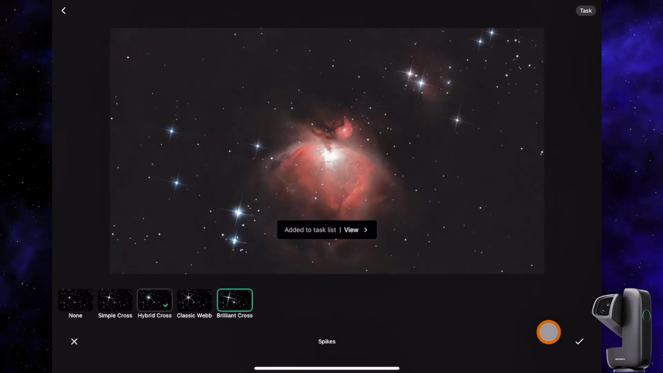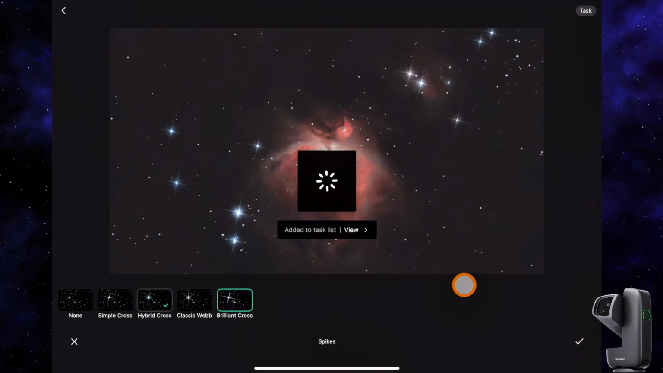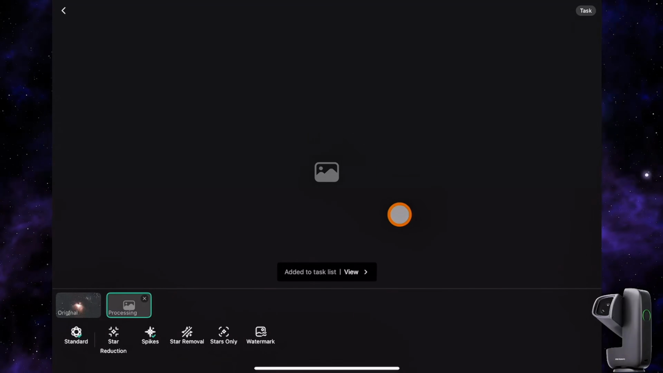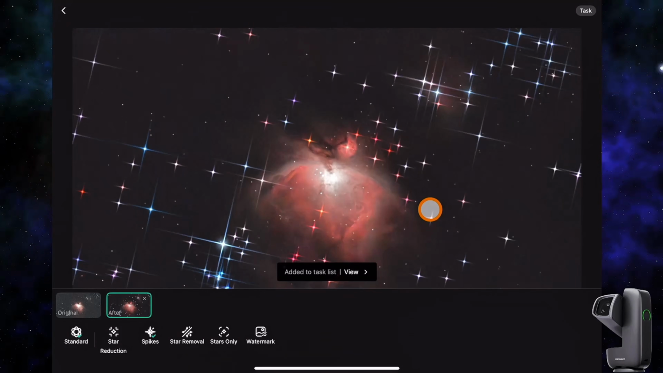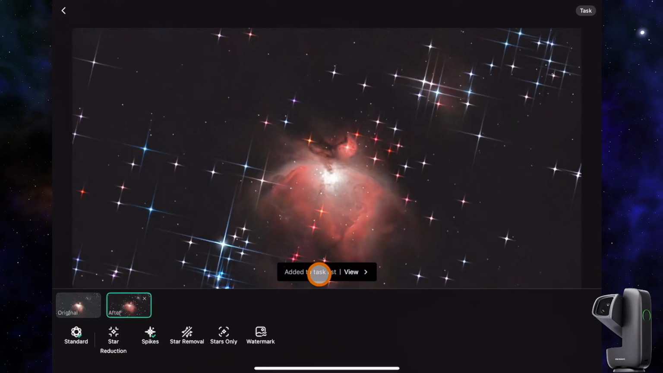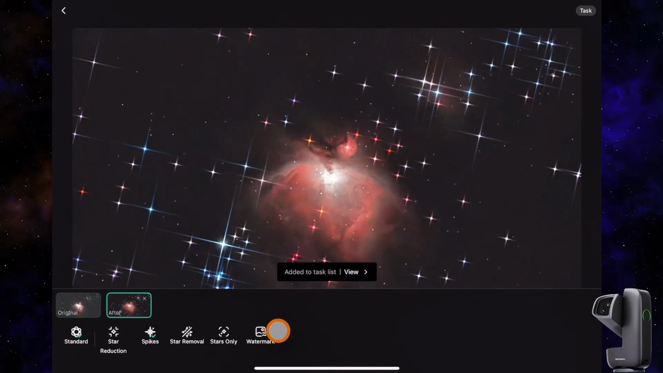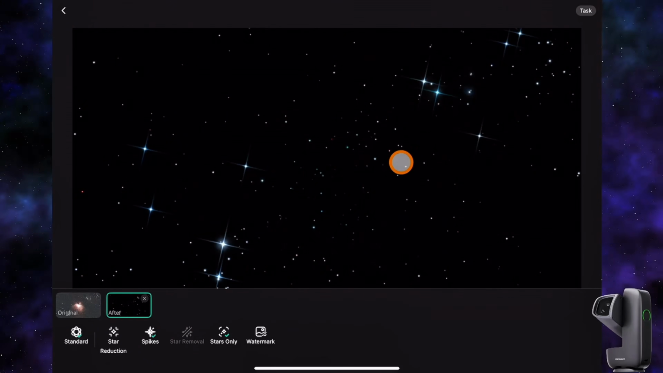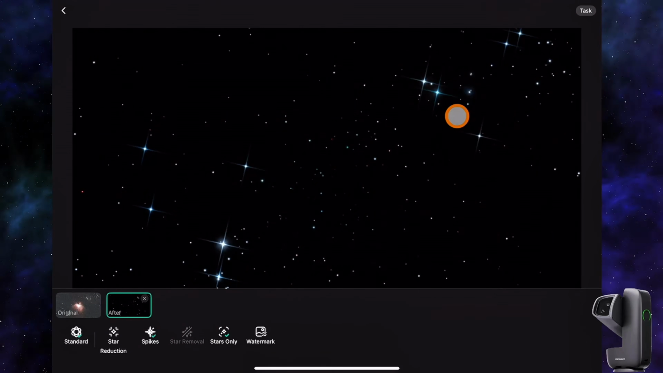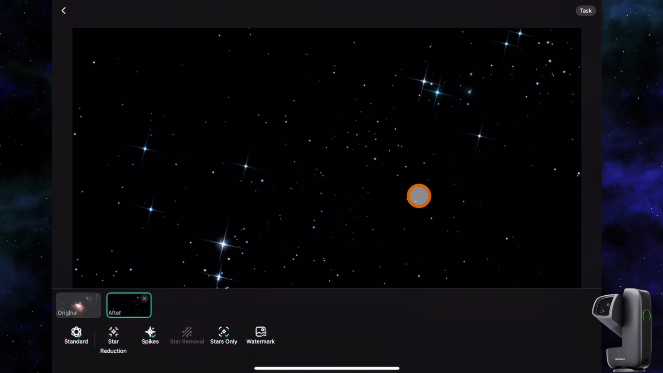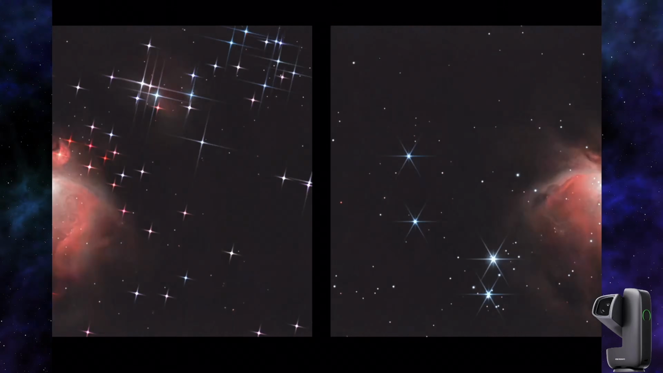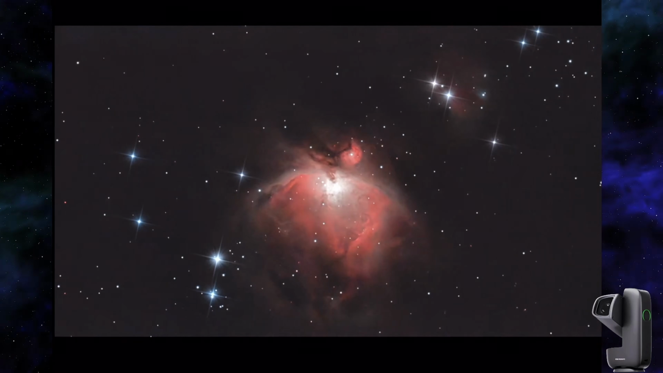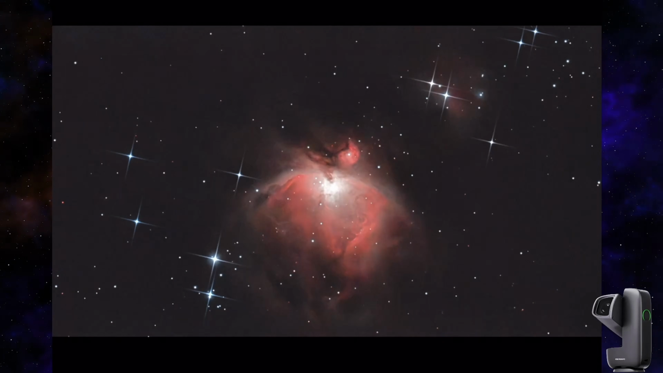Oh, this one is going to be killer. Let's do it. Brilliant cross. Oh man, I'm scared. Oh, no, okay, this is way too much. Oh my goodness. Okay, so if you click on stars only, this is literally just stars only. It's exactly what it says. Okay, brilliant, classic web, hybrid, simple,